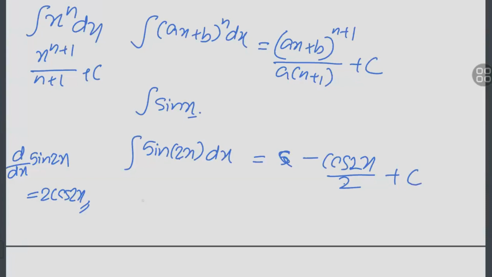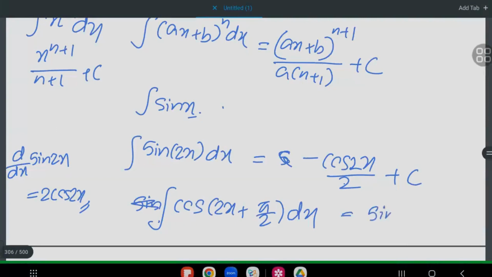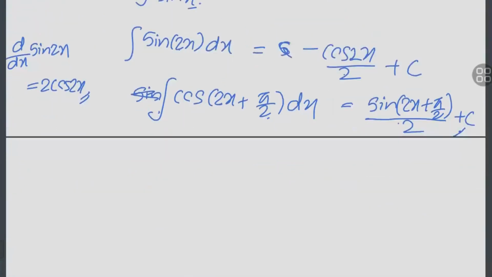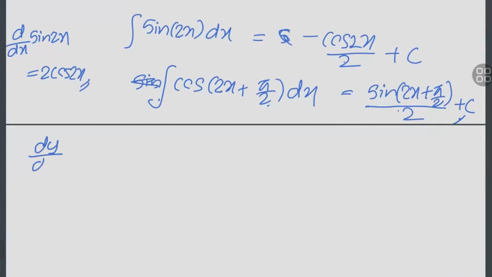If they have given, let's say, cos(2x plus pi over 2) integration, it is confusing. Look at the basic: cos x integrates to sine. So write sine(2x plus pi over 2), and down below always differentiate the answer, this is 2. This one is 0, no? Plus c. Don't forget about this. Then a dy over dx form is given and